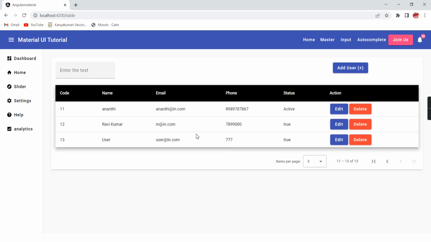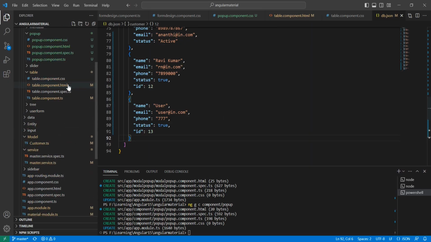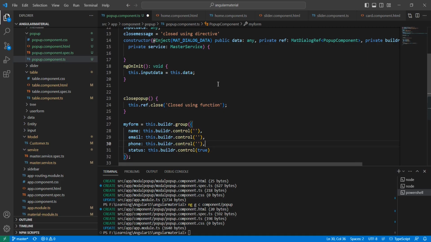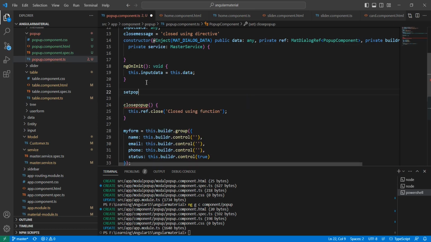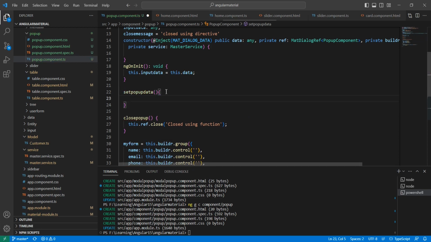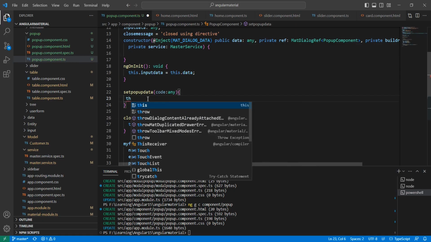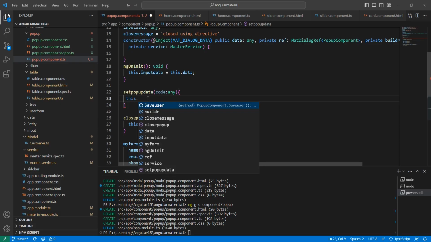And next, when I'm clicking this edit button, I plan to open the same pop-up. We can load the existing data. So that is my plan. For doing this implementation, first let me go to my pop-up component. Okay, so let me refresh this one, and here we can have one function, set pop-up data, and the input is code, and here we can call our service,